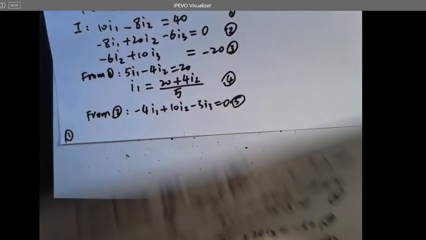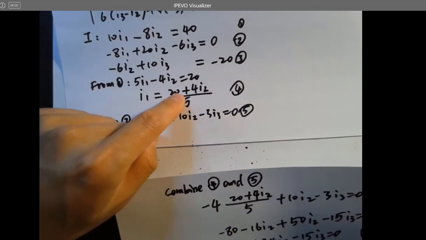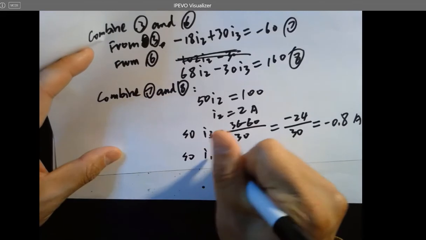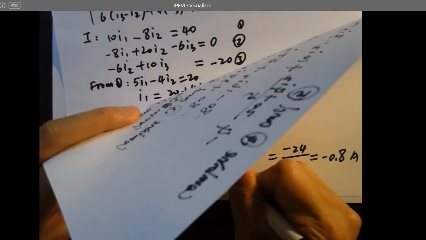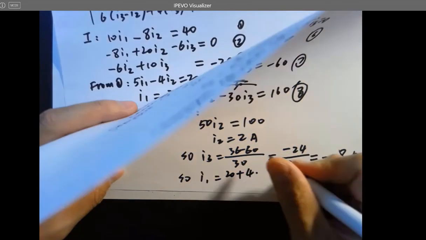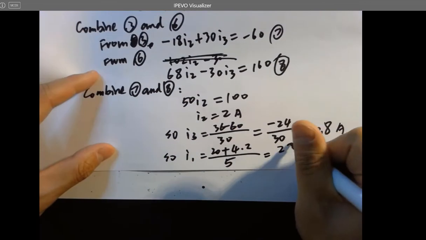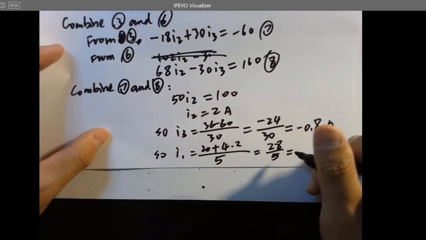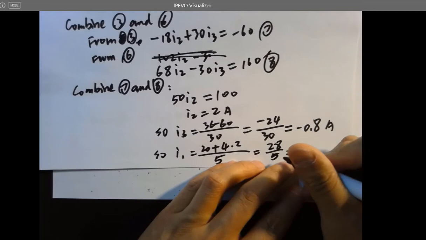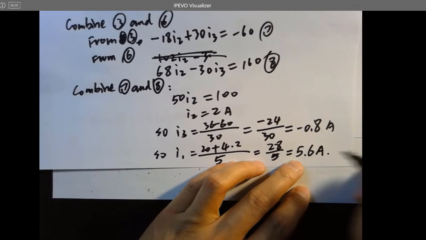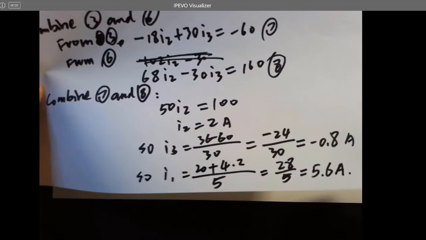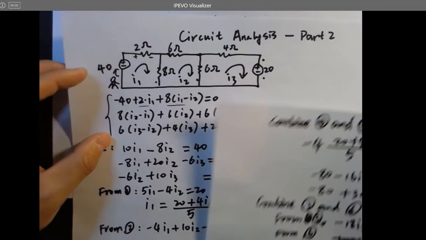Let's find the equation to get I1. So you have I2 already, so let's put it here. So I1 equals 20 plus 4 times I2, which is 2, over 5, which is 28 over 5, which is 5.6 amps. So now you have all the mesh currents solved, and the next step is to calculate the